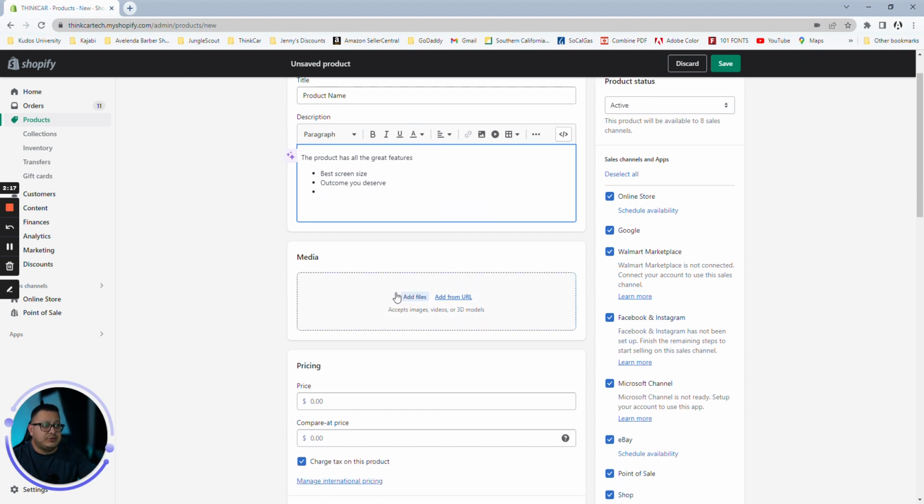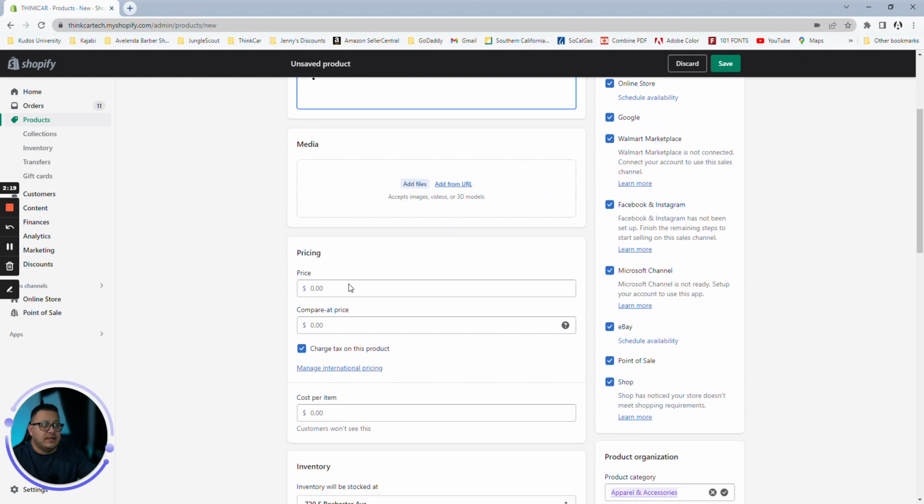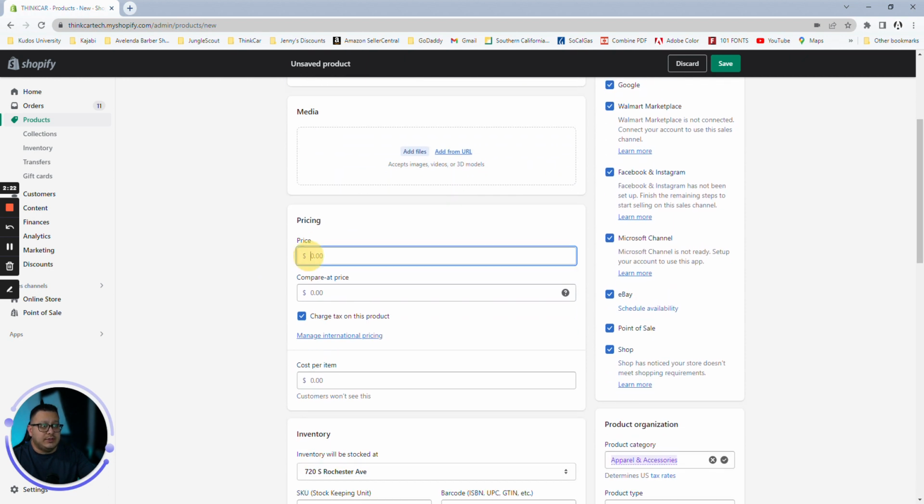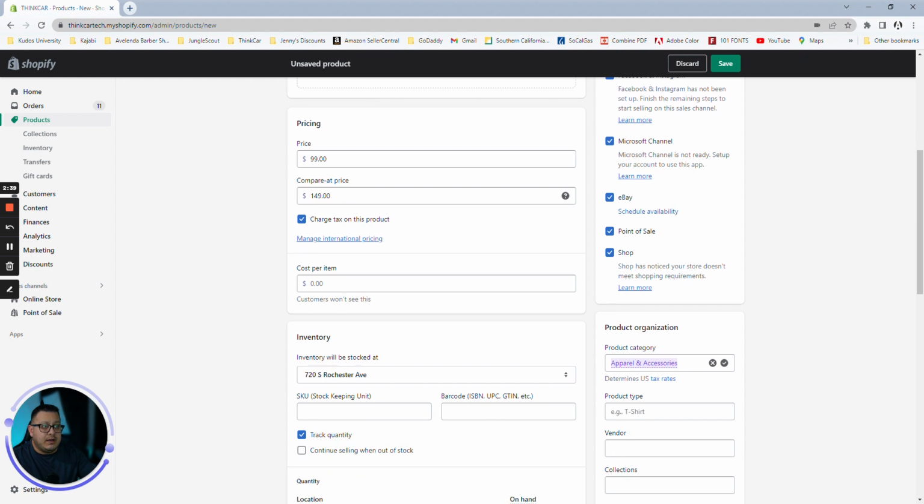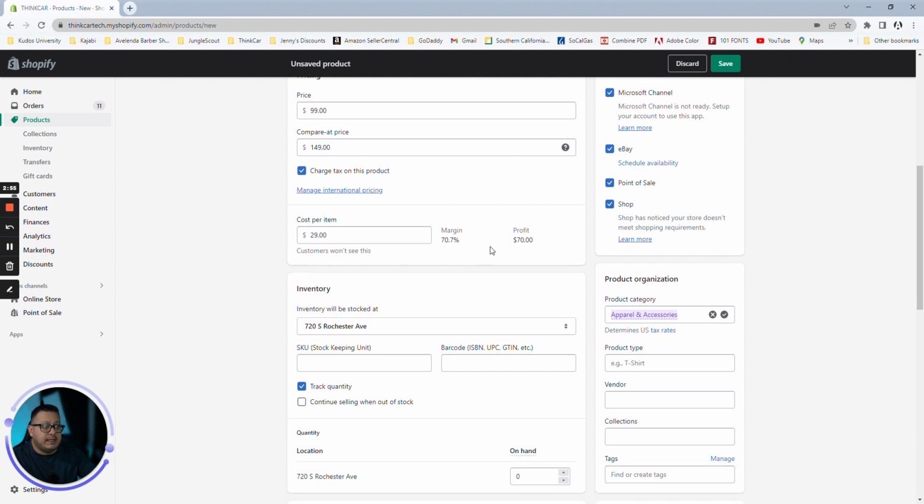Here is where you would add your media, if you had any, right? You can add your pricing, so, $99, and the compared to price, which is the slash price that you'll see on site. So here, let's say if you had it for sale, you would be like $149, and then if you wanted to include taxes. If you wanted to track other additional things like your cost per item, so let's say your $99 product actually cost you $29, you can see the profit margins, and this is just a small calculator that Shopify has built